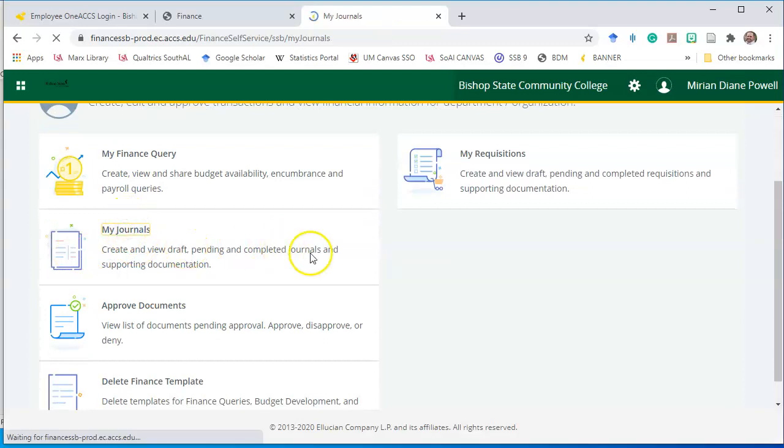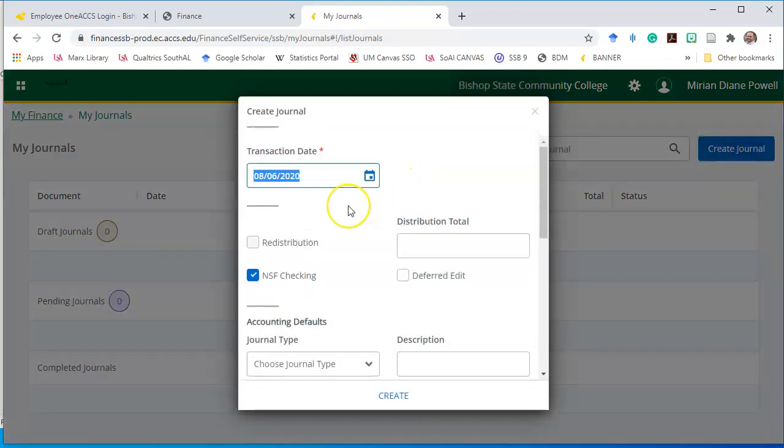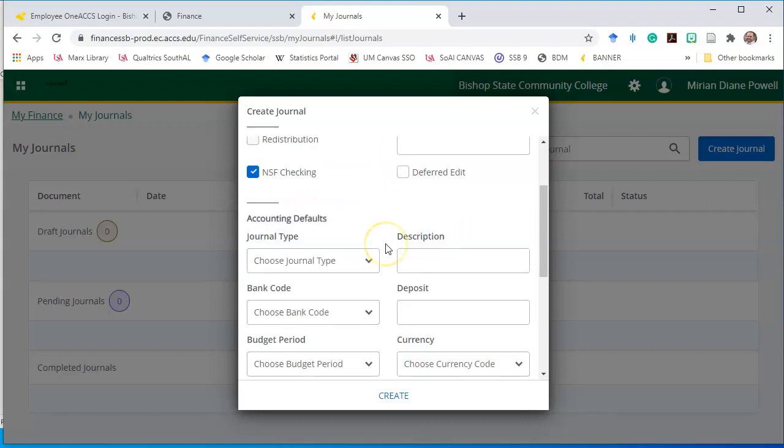So back into my journals, and we're going to create a journal entry. This is the process to begin a budget transfer request. This is done online, and it's done automatically through the Banner Approvals process. Banner Approvals is covered in another video. Once you begin to create the journal entry, the date will populate automatically at the top, and then you can